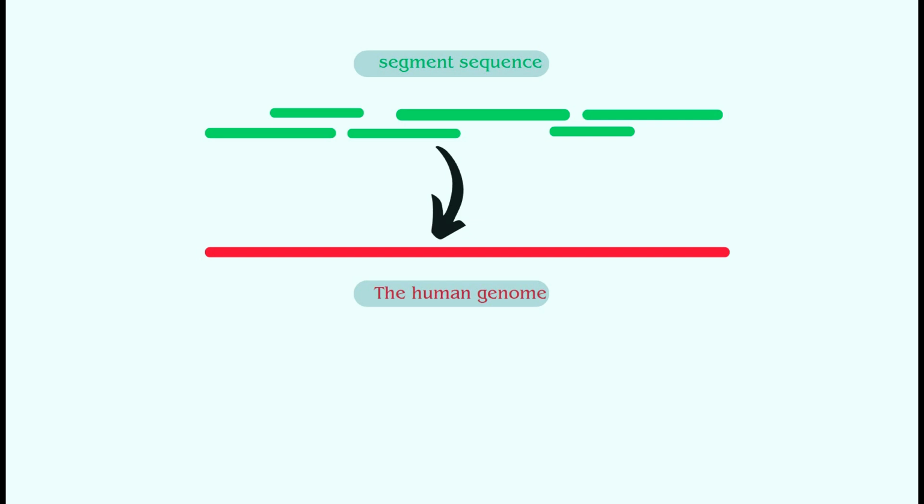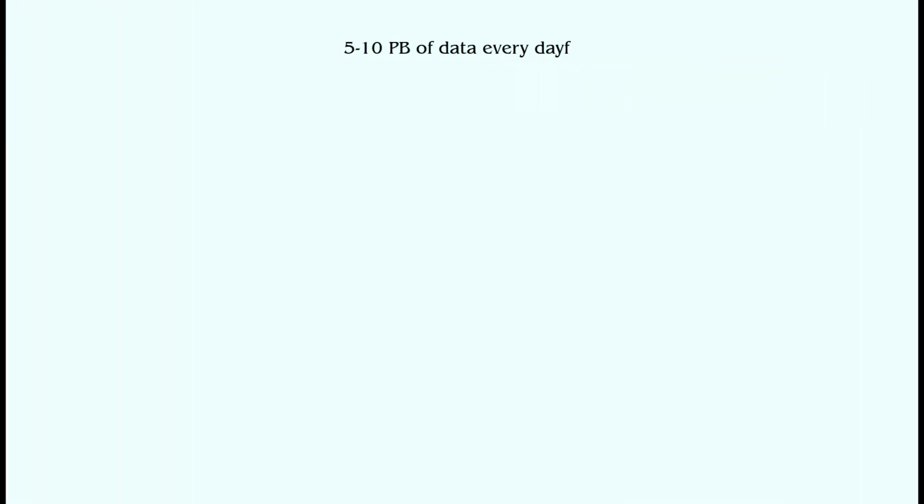After 13 years of hard work, at least 20 laboratories, institutions, and companies, at the cost of $3 billion, humans eventually discovered the human genome for the first time. The Human Genome Project certainly wasn't the last time biological data was produced. Each and every day, 5 to 10 petabytes of genomic data is produced. How much data is that? To imagine it,